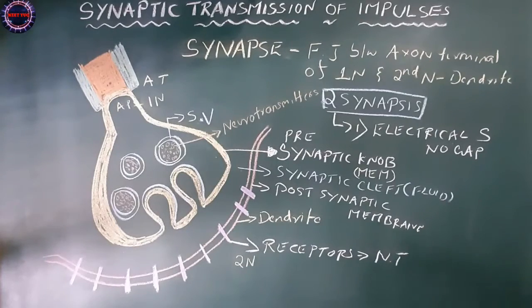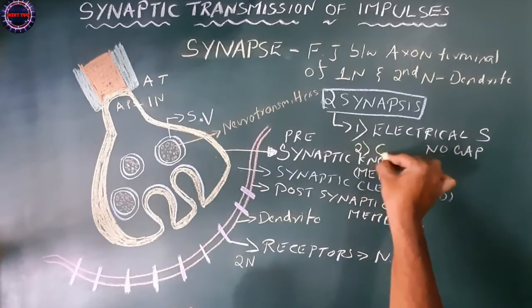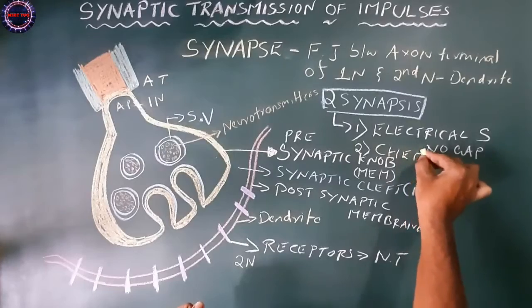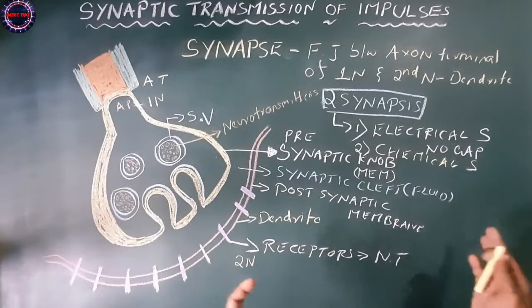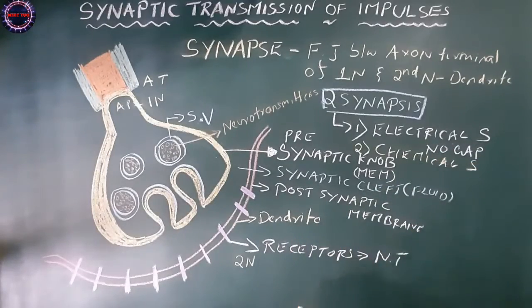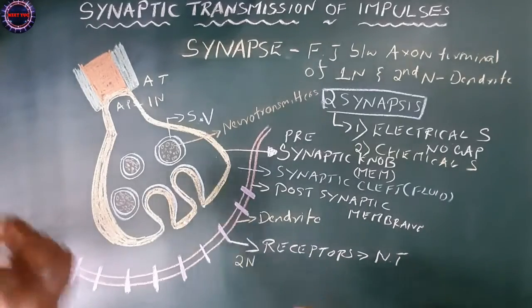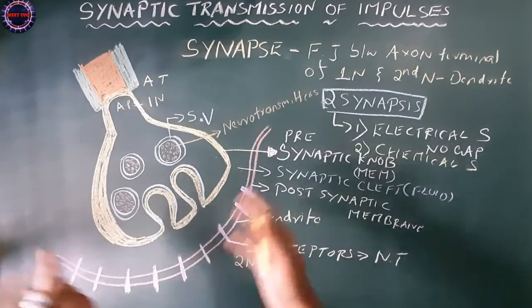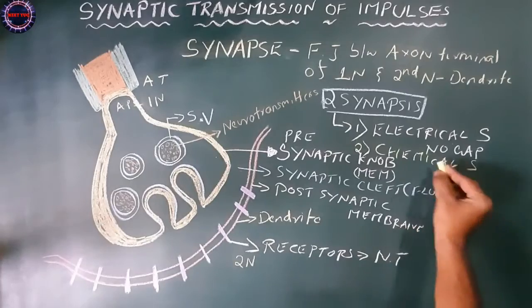But in the case of human beings, we have this type of synapse. So I'll write here, the synapse is called the chemical synapse. We have chemical synapse. It's a bit slower compared to the electrical synapse. Electrical synapse is normally seen in spiders. That's the reason they are very quick. They can take the impulse and show the regulatory response within a fraction of a second, not like human beings.